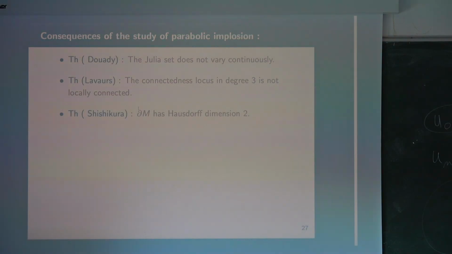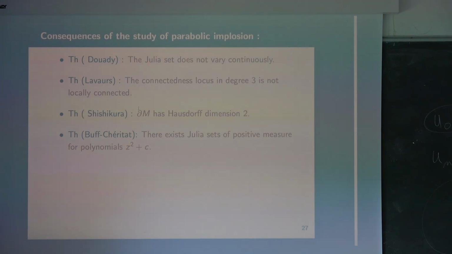So when you have a curve, usually it's 1, in C. If you have a differentiable curve, it's 1. But for more complicated sets, it can be 2. So to prove this, Shishikura first has to provide a Julia set of Hausdorff dimension 2, and then he could prove that, in fact, the boundary is very, very bad. It has Hausdorff dimension 2. But we still conjecture that it's a nice curve.